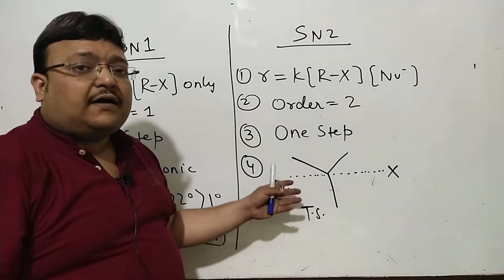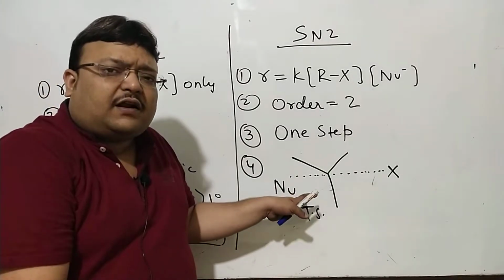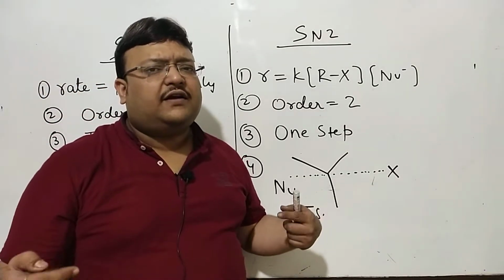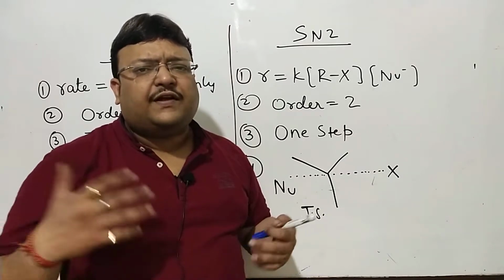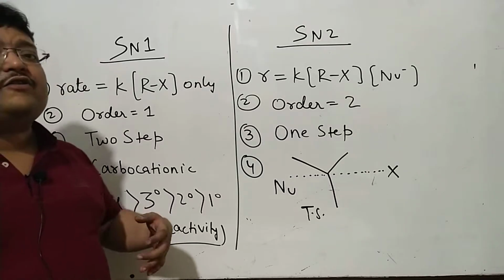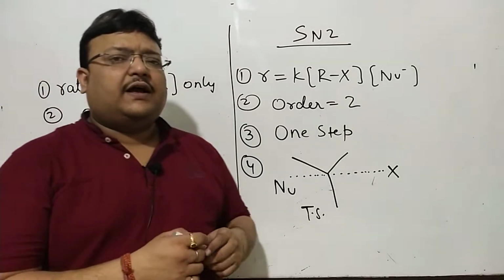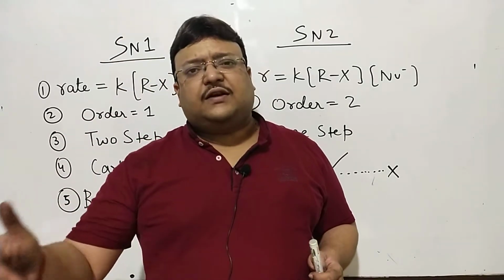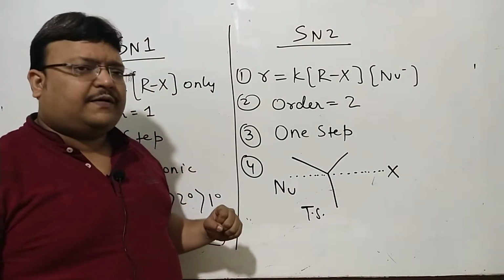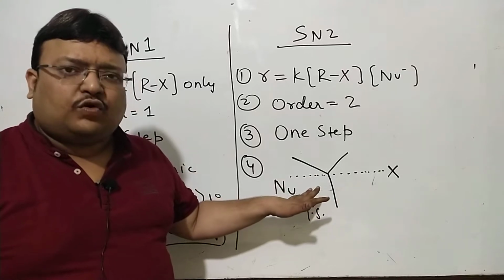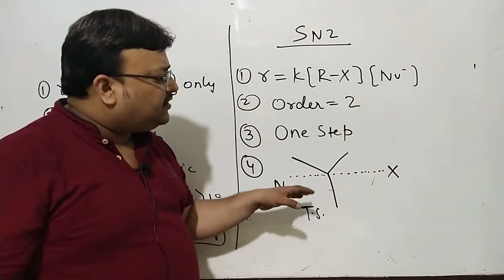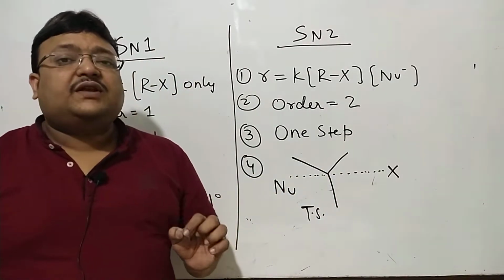So naturally, the factor at play would be the steric factor. Here we talk about the steric factor, and there we talk about the electronic factor. Remember, every time we talk about a carbocation, 3 degree is more stable due to the plus I effect. For benzylic and allylic, you have resonance, the mesomeric effect. So this order of stability is explained by electronic factors, the inductive effect and the mesomeric effect, and the order of stability is benzylic, allylic, more than 3 degree, more than 2 degree, more than 1 degree. Out here, it's the steric factors playing their part. One, if branching is more, then the carbocation will be more stable, so SN1 will be favored. Two, if it's pretty branched, then having 5 arms around this carbon is sterically difficult.